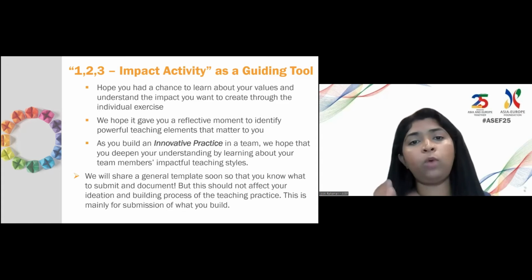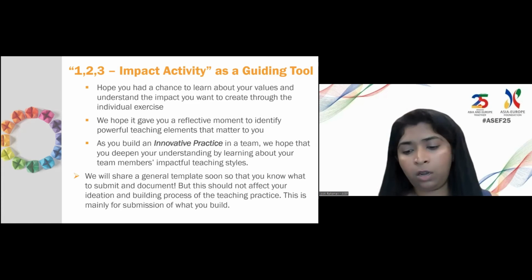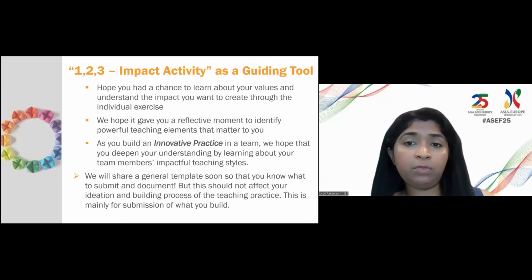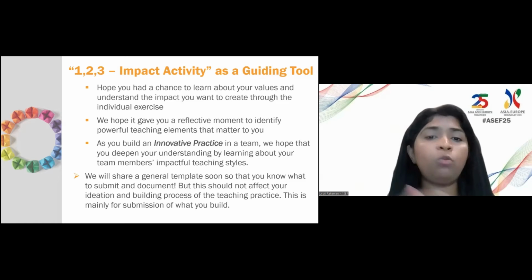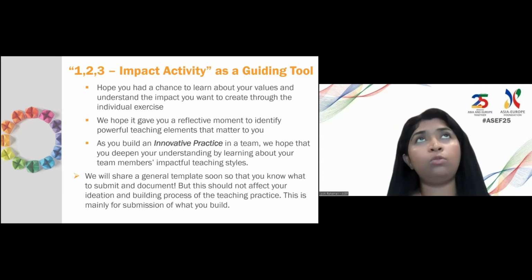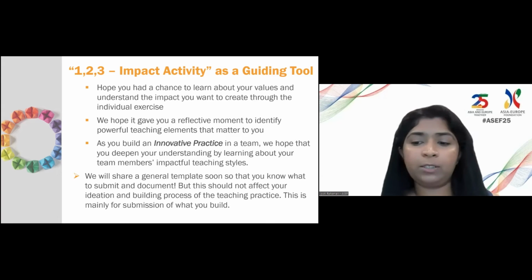So depending on what are the key elements from your teaching practice that are good to highlight in a report, in a future SF ClassNet report, we will create a template and share that with you, hopefully in the next 2 weeks.